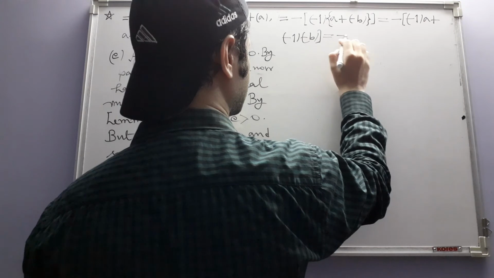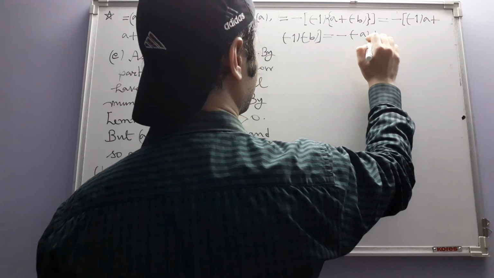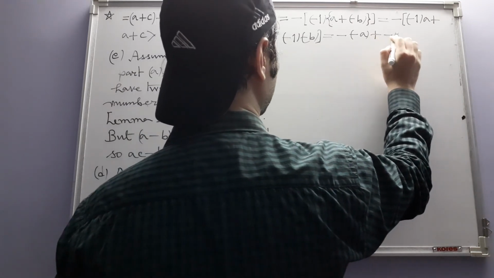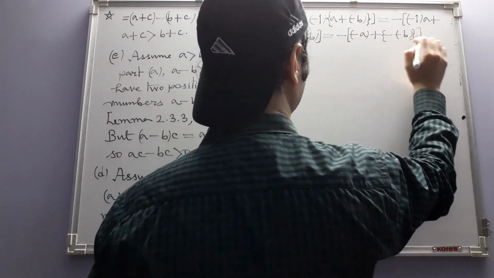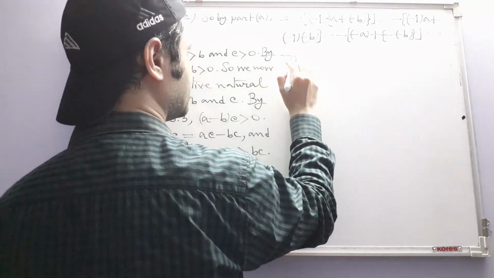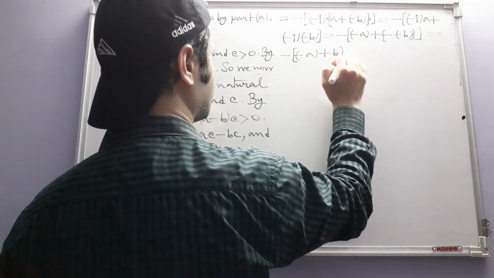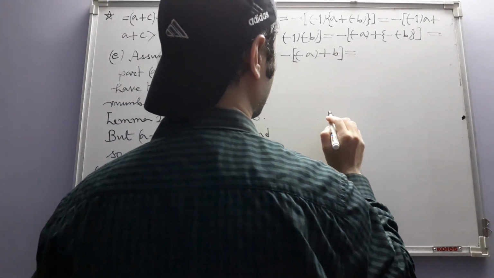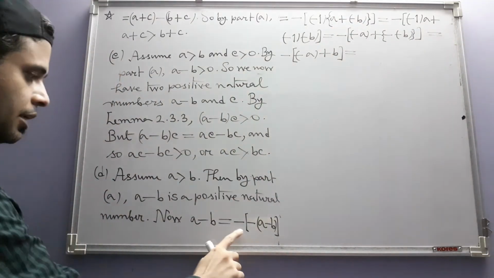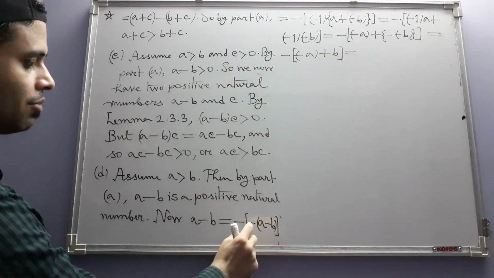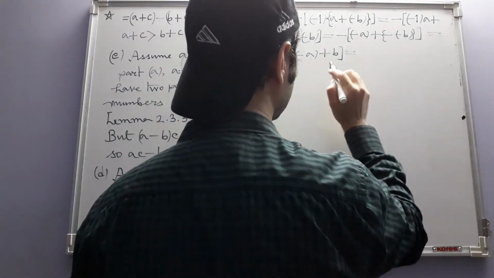So by exercise 3 again, this becomes minus a plus minus of minus b, and that is equal to minus of minus a plus b. And then again you apply that same thing, whatever we have done with this one, in place of minus of something minus something, we have this. So just like that, we will